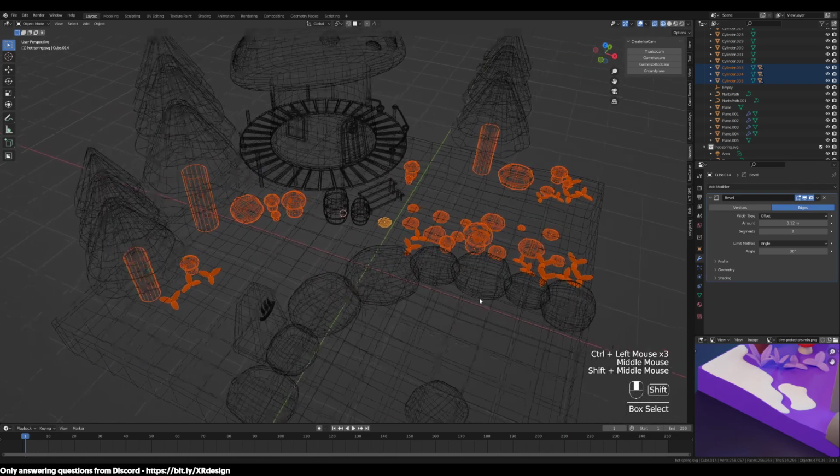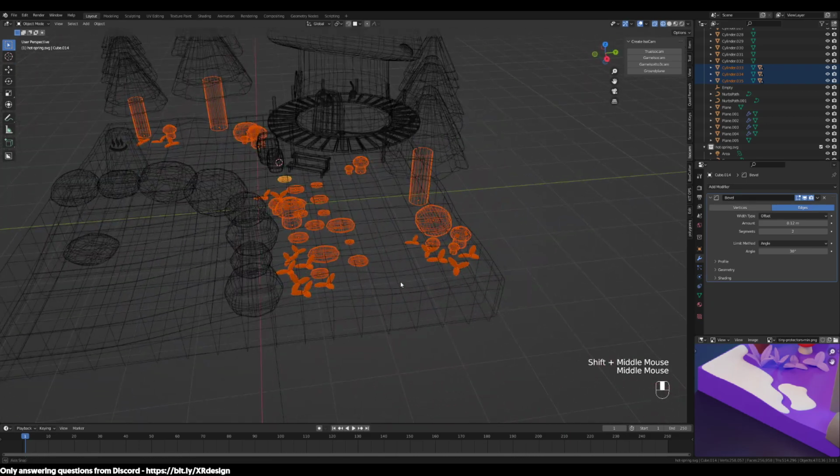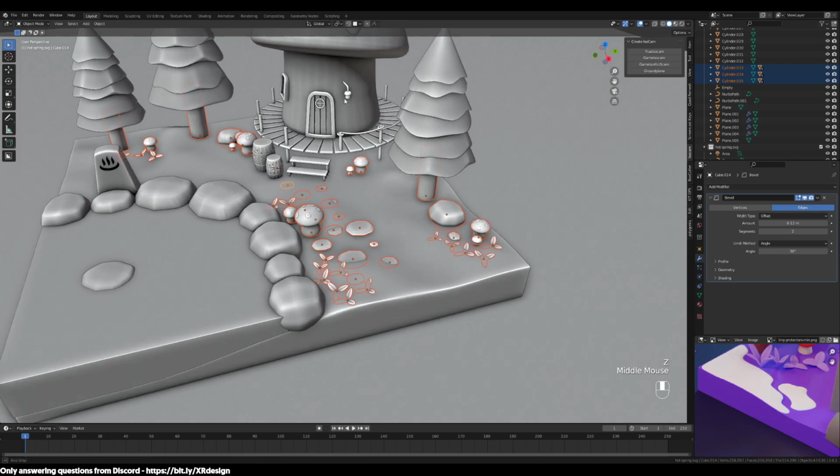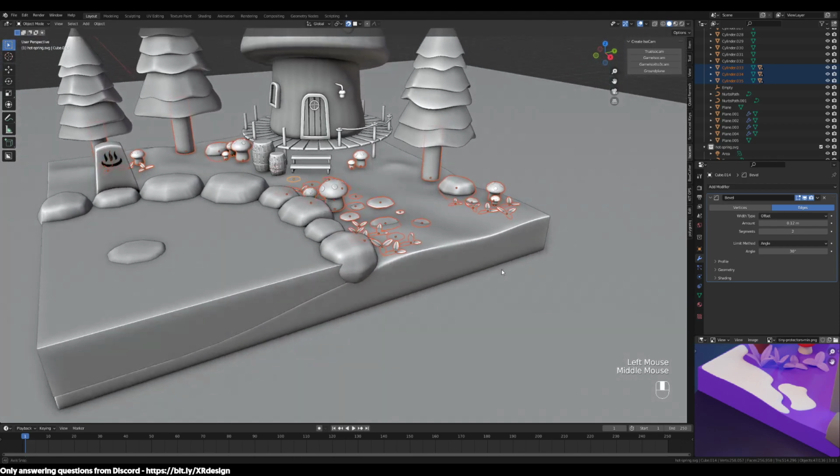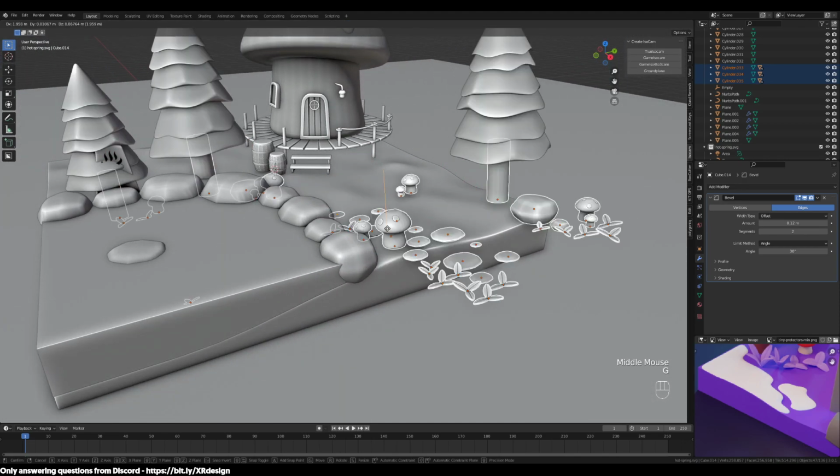So it makes it easier to select things. Okay, once you've done that, I'm gonna turn on Snap. And hopefully you have the same settings as last time. Face, center, rotation to target. And once you hit G,